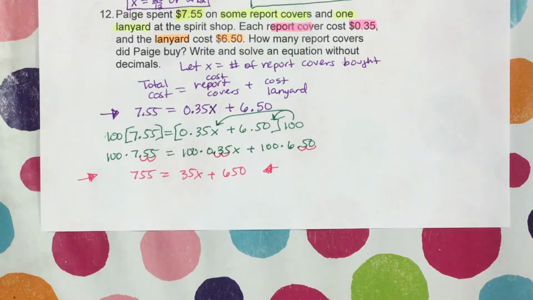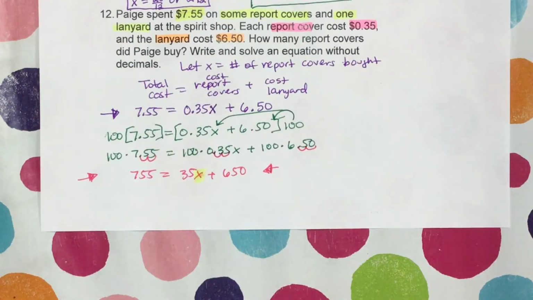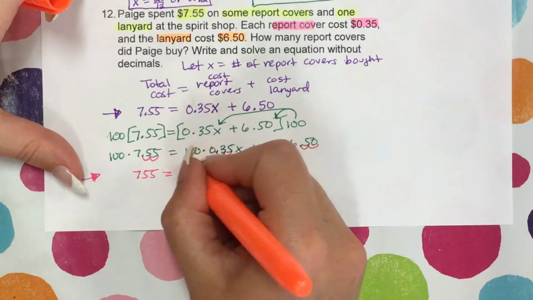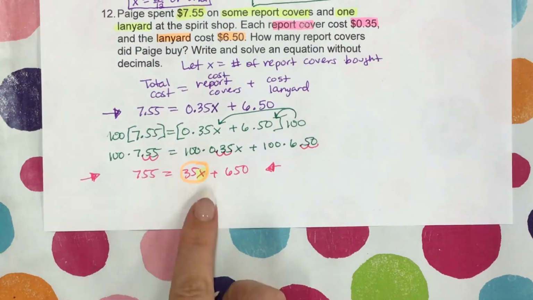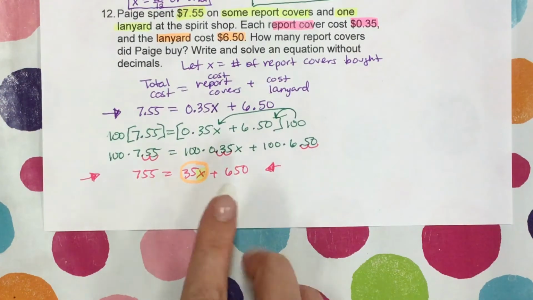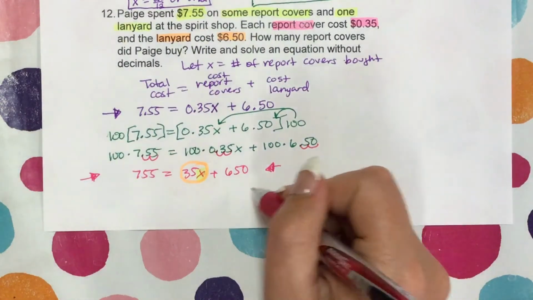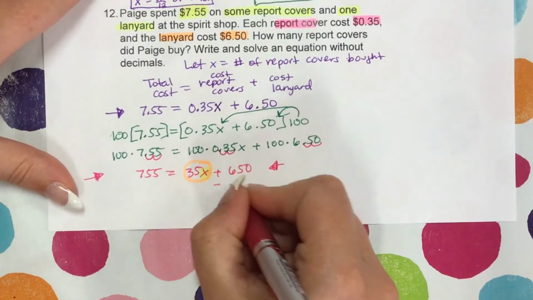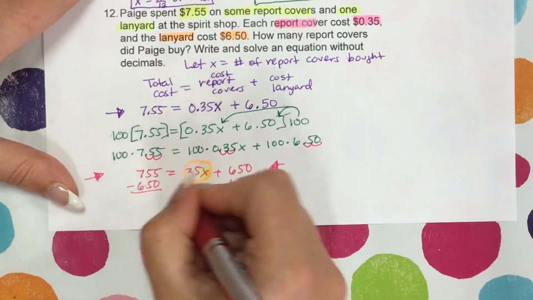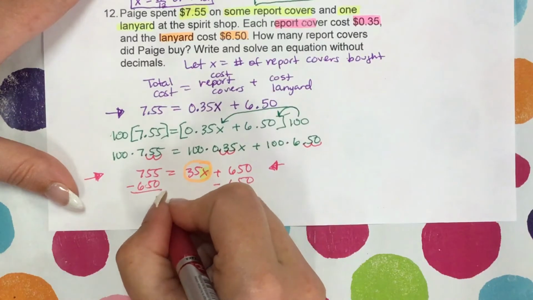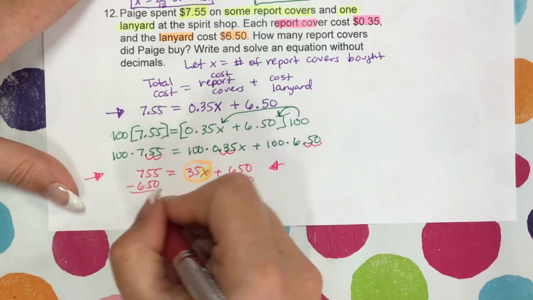Okay, so this is a 2-step equation. We're trying to figure out what x is. We're going to leave this 35x together until the very, very end. Which means we have to get rid of this adding 650. We have to do the inverse operation of addition, which would be subtraction. So we're going to subtract 650 from both sides. When we do that, we get 5 take away 0, which is 5, 5 take away 5, which is 0, 7 take away 6, which is 1,